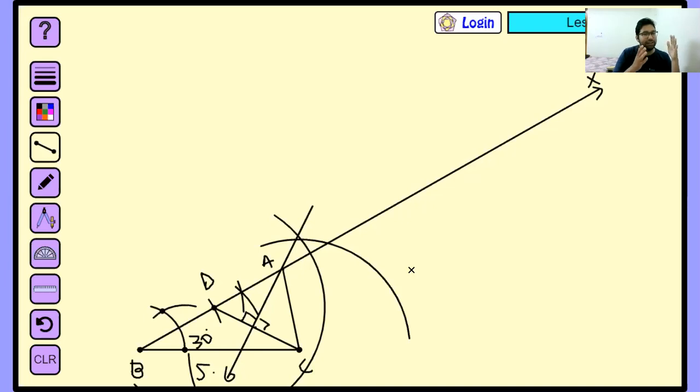Now tell me, yesterday we saw this perpendicular bisector concept in a triangle. AD is equal to what? If I want to verify this, I can say AD and AC are equal. This will help me in the verification process. And my triangle is triangle ABC. Today at home, you can try this question and you will get it very easily. Now let me do the verification process for you.